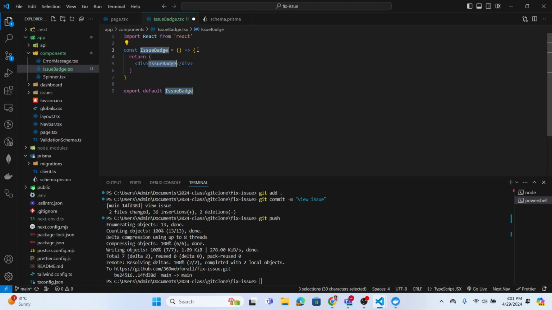So you have to import that first. So import badge, right? Badge from where? And it's not badge but issue badge, right? So it will give us that location from app components issue badge. Okay, good to go. Now let's see where I'm displaying the badge. So there will be two places, right? The first one inside the div here,